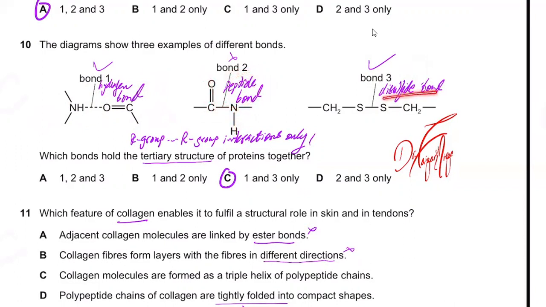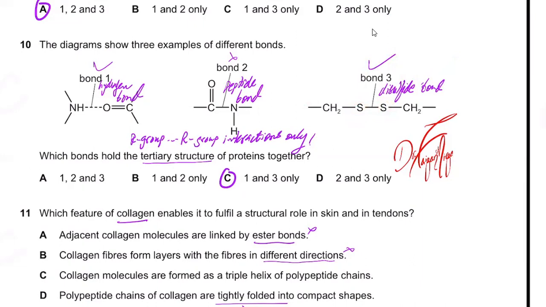Third is a disulfide bond. How do you identify the disulfide bond? It's always present between sulfurs. And you can just recall which amino acid has sulfur: cysteine, CYS, cysteine residues. If 2 cysteine residues are present in front of one another, the sulfurs bridge together to form